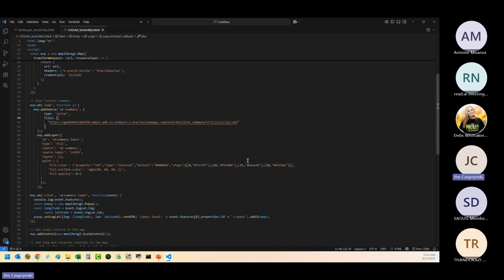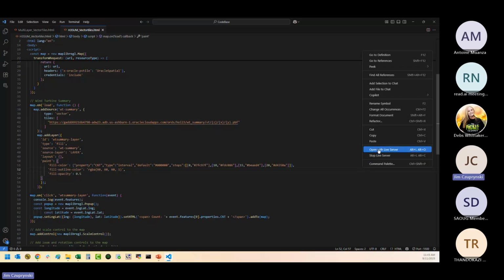And what I've done here is for each layer, for the map layer, I've said, hey, depending on what you're looking at here, and again, this is a little esoteric, if the total number of values that are returned are from 0 to 9, then I want you to code them with a particular color. 10 to 15, 10 to 14, a different color. By the way, when you see this, it'll be very obvious that I'm going from a light green to a dark red in terms of the concentration of values within this, right, that we're going to actually be looking at. So let me run this guy. Let me open him with live server.